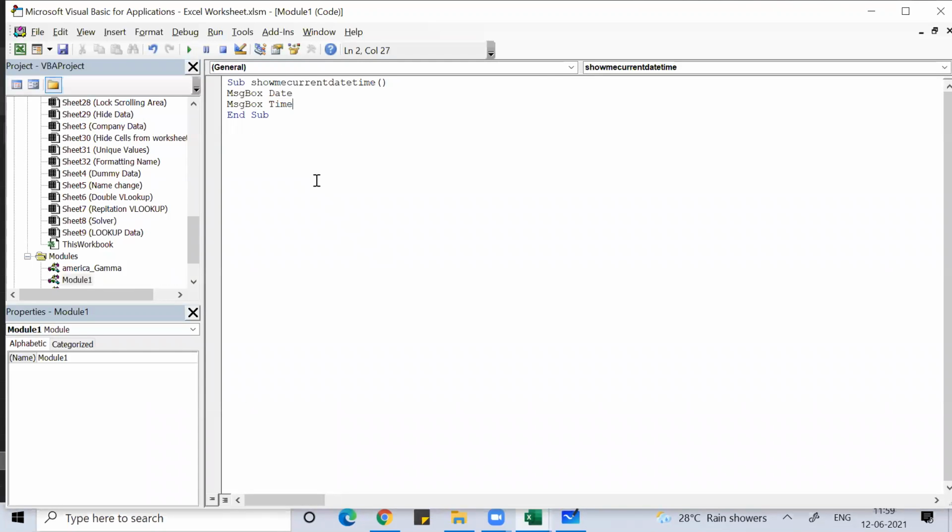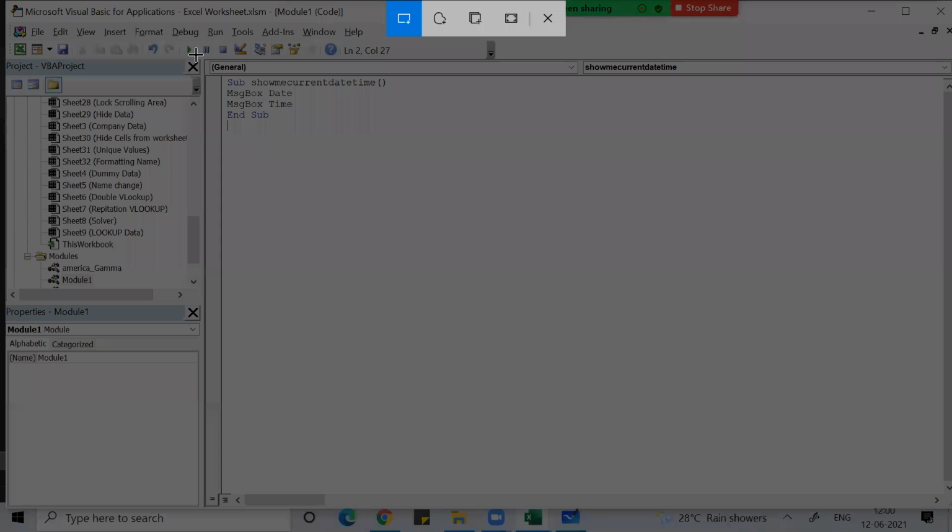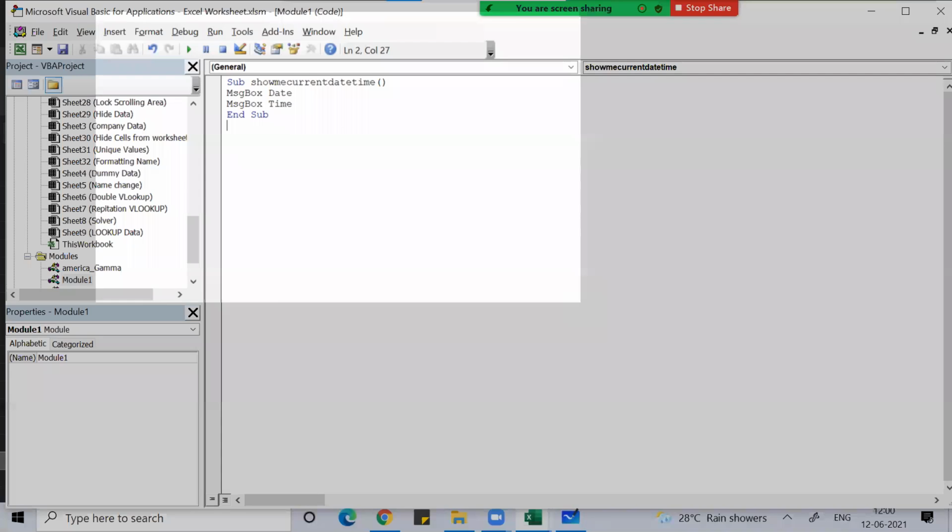Clear everyone? Correct, correct. For Bhagwan, for that only I wrote the program. Let me take the screenshot. This is the program.